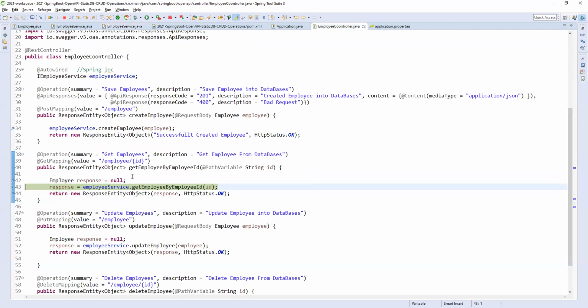Coming here, it came to the controller. In the controller, we have already given return in terms of API standards, or REST standards. We gave ResponseEntity as the response object. So new ResponseEntity of the response we are getting, we are passing here. Along with that, if the response is coming, we are giving HTTP status, okay, which means success status.